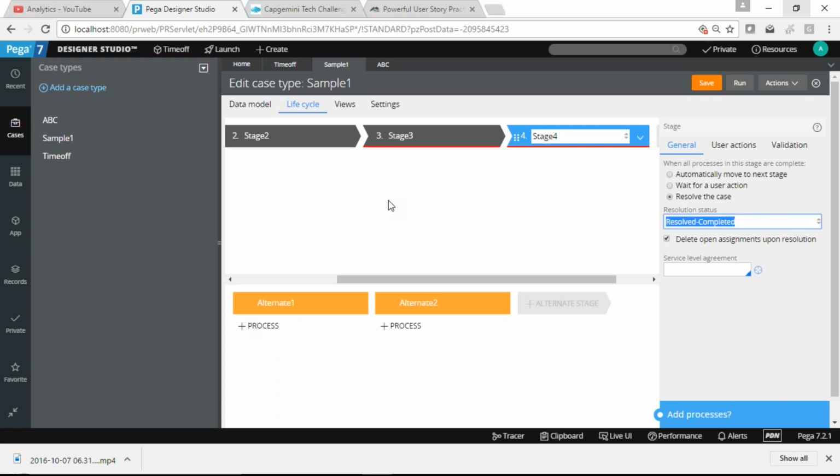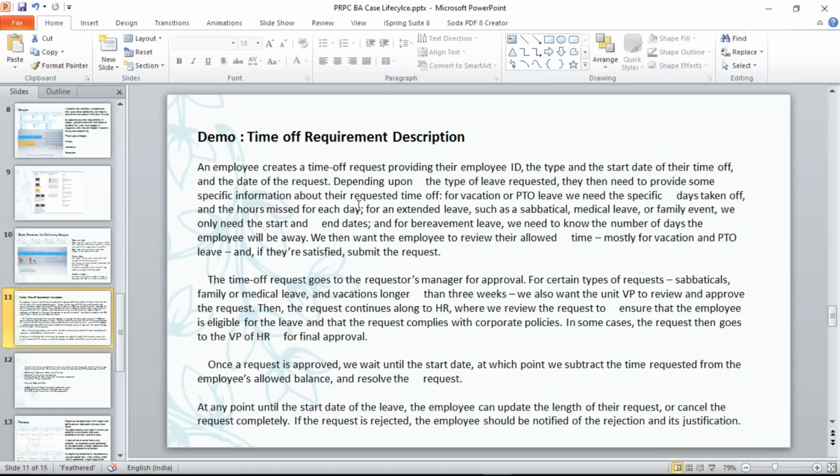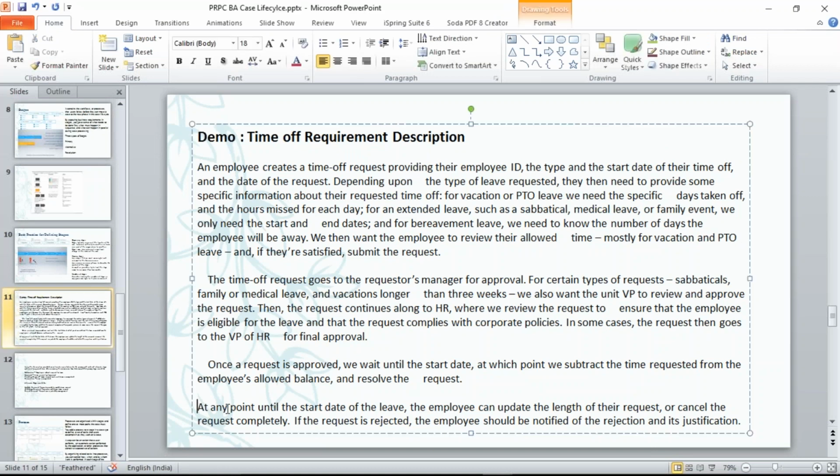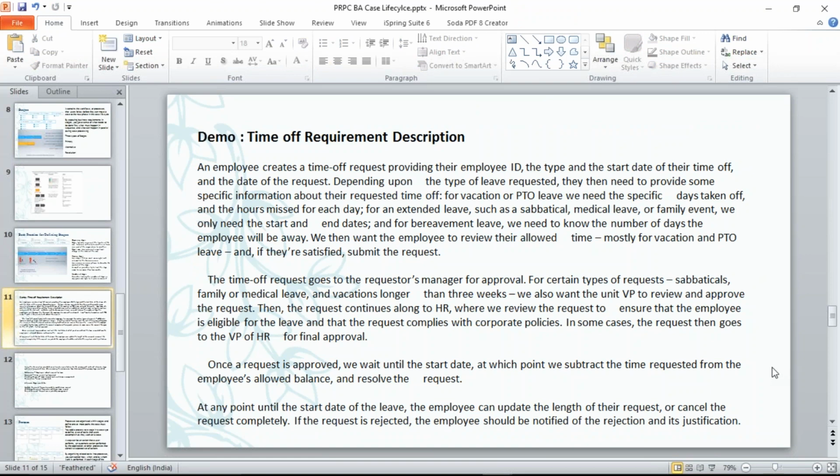In Pega Express also, when we are going to create the case, this work area is the same for both the Designer Studio and the Pega Express. Okay. So first I'll give you 5 minutes to just read this, and then we need to come up with the different stages. In the last line, if you can see, it will give you the different alternate stages we can configure for our process. So if you can read this for around 2-3 minutes, then we can think about what are the different stages we can think about in this requirement.